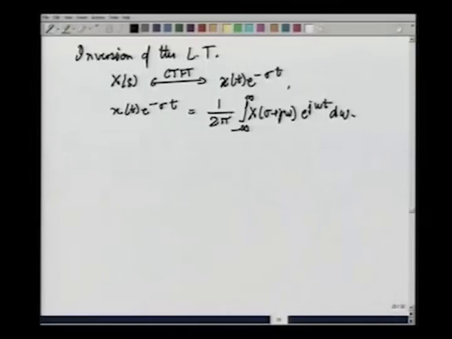Okay. If we have this now, then we just multiply both sides by e to the sigma t, so that we have only x t on the left side, and get x t equals 1 by 2 pi